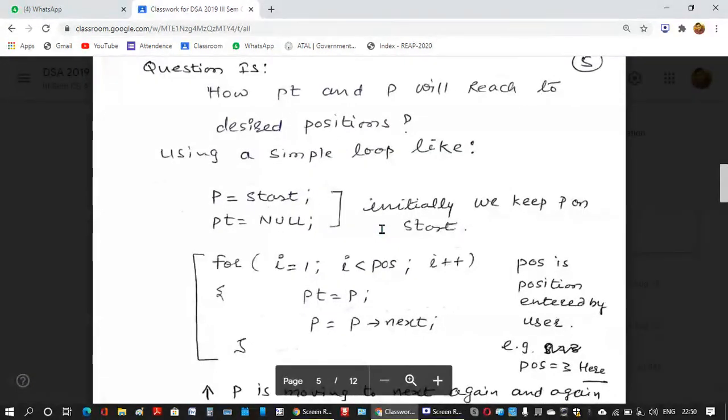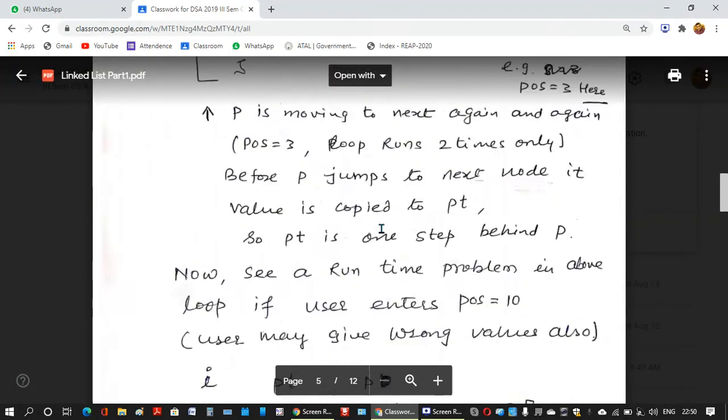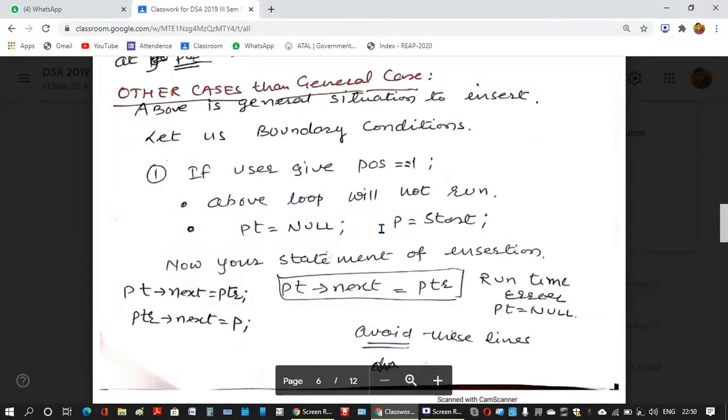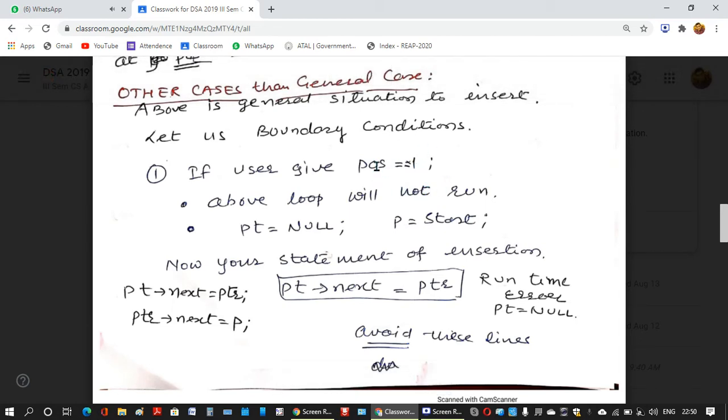So this is a general case, but there are some special cases also. Suppose our linked list has some elements, then this is a general case where you want to insert somewhere in between. But for a special or boundary case, like if the user says my position is 1, I want to insert in the beginning.